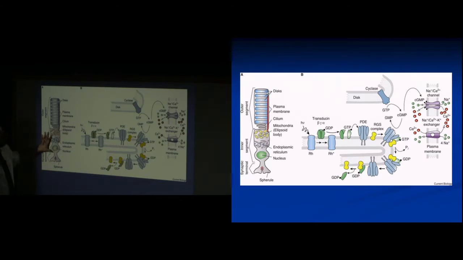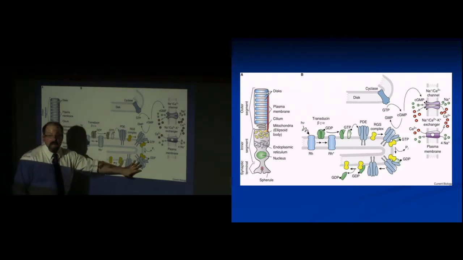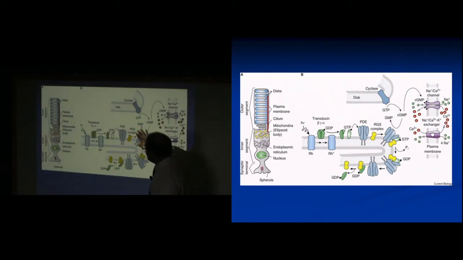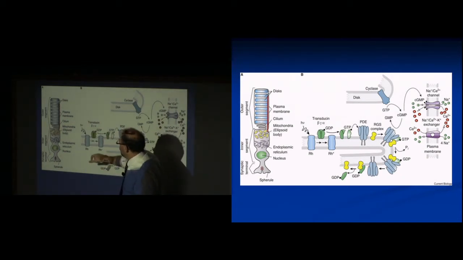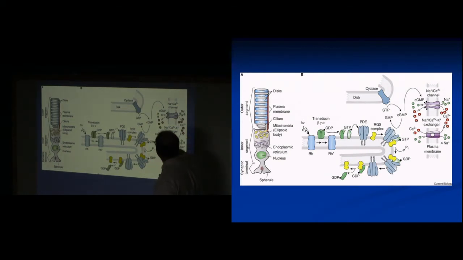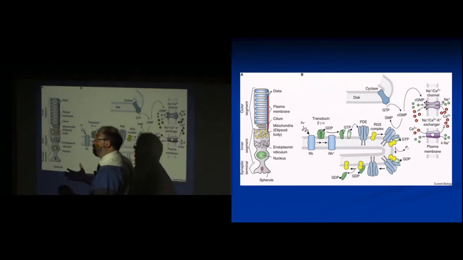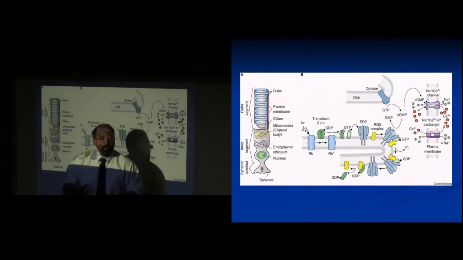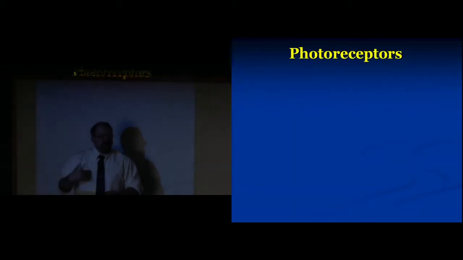Again, just another way of showing the biochemical cascade. We know a lot about this pathway, about the molecular biology. I don't want you to remember phosphodiesterase, transducin. You don't need to remember all that. All you need to remember is when rhodopsin gets split by light energy, we get a biochemical cascade that closes these sodium channels. That results in a hyperpolarization. That hyperpolarization means less neurotransmitter being released. Okay? Now,